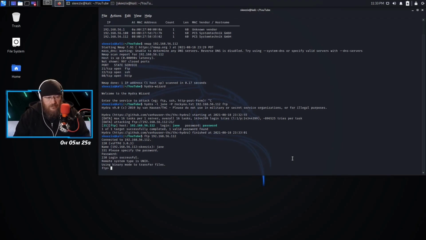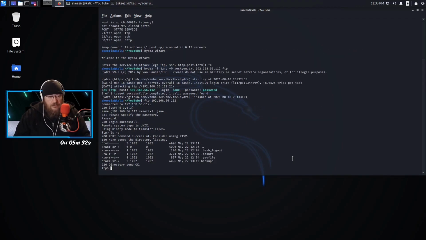And we got successful. So what we're going to do is see what we can see. We're going to do ls -l, and as you can see here, we do have a list of directories, but we can really only go into the backups directory because the other ones don't have permission. As you can see in the beginning over here, they don't. So basically we're going to cd into backups,